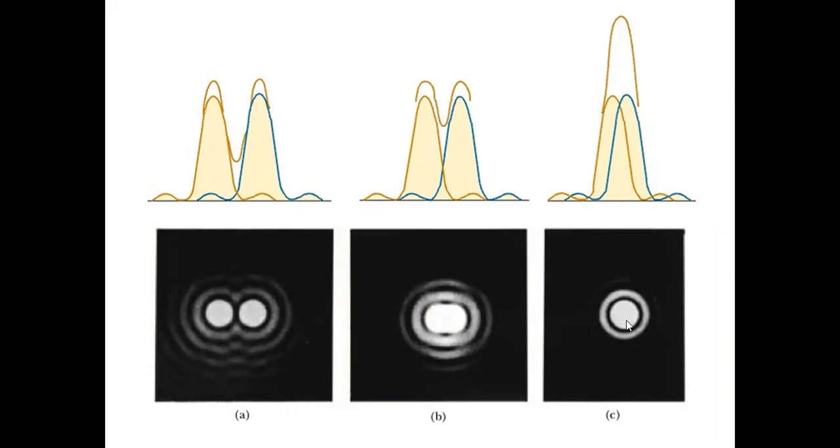The central maxima of one headlight, the central maxima of another headlight. Do you know what the central maxima is? The brightest central fringe. They are formed so close that your eye may not be able to distinguish them, so you feel that there is a single headlight. But as the car approaches closer and closer towards you, the two central maxima move away and away. And when do you see that the two objects are just separate?